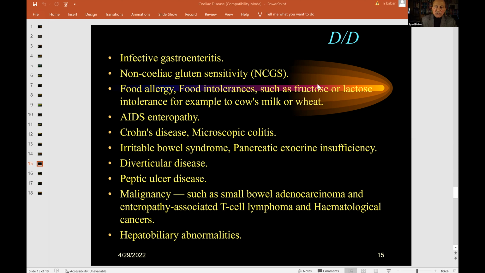Differential diagnosis also includes IBS, exocrine pancreatic disorders, diverticular disease, peptic ulcer disease,